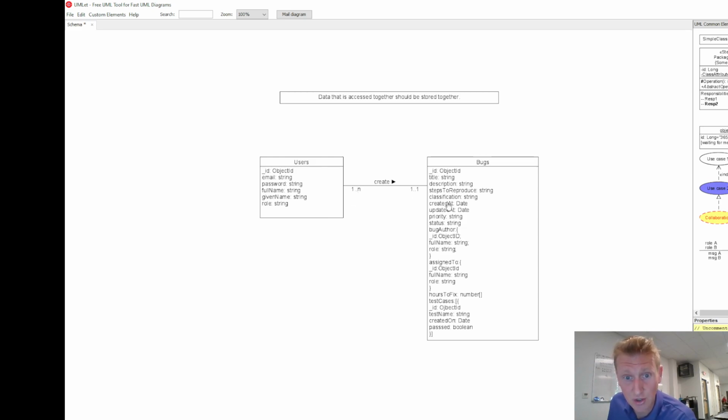And this begins to show those relationships. Now, what does that ultimately mean for your code is what you have to ask. You could see over here in users, one user can create many bugs. Depending on our application, again, data that is accessed together should be stored together. When you're showing a user, you may want to show all of the bugs that user created. Therefore that's going to modify this diagram to say, hey,